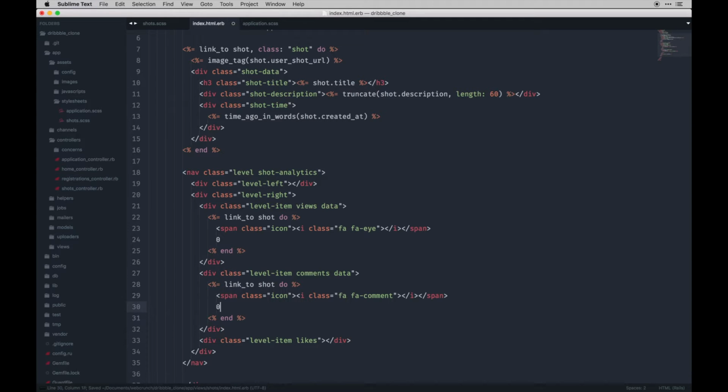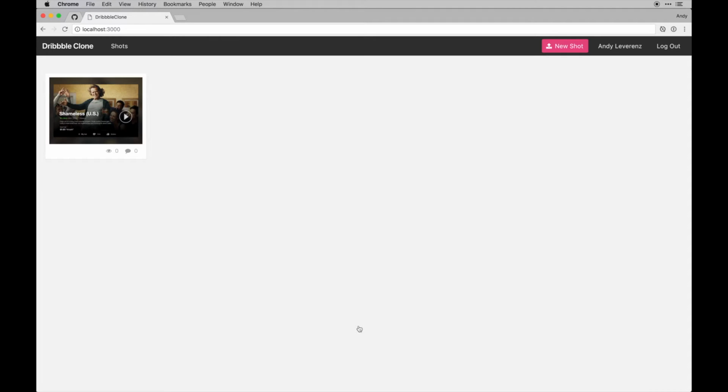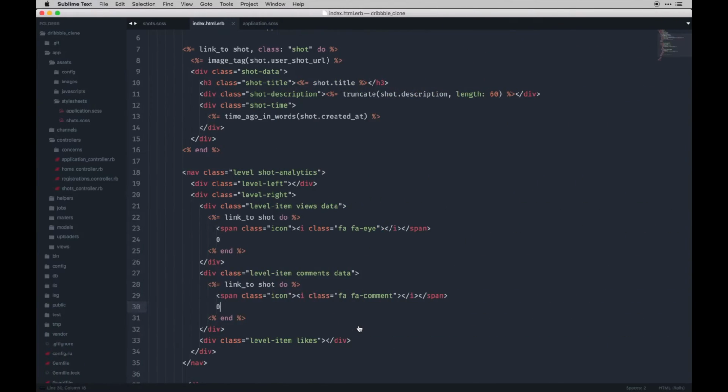And we'll eventually show how many comments are in this one. We'll have to actually generate that model and everything to get that to work. That'll be up next. So we'll do that, and then likes, or in this case it might be votes for